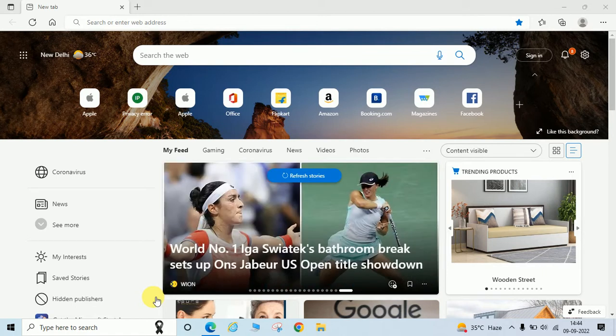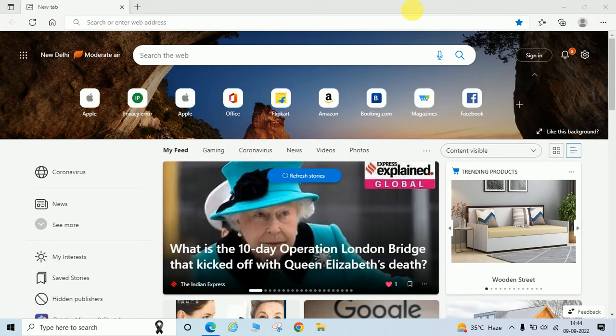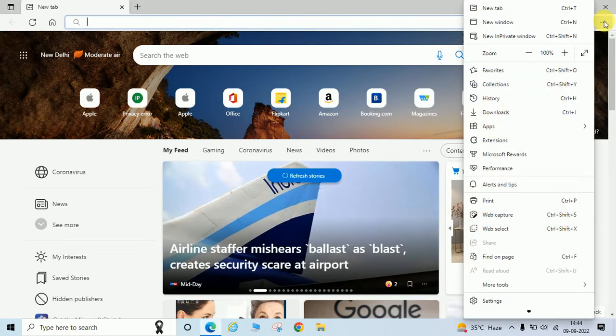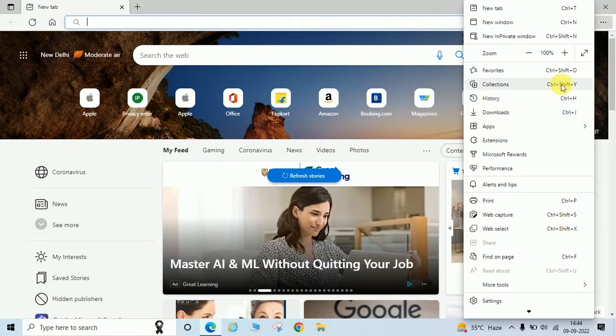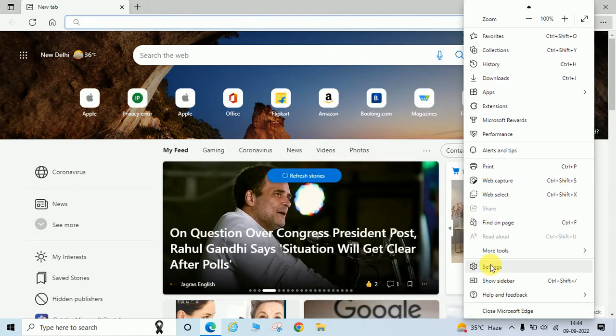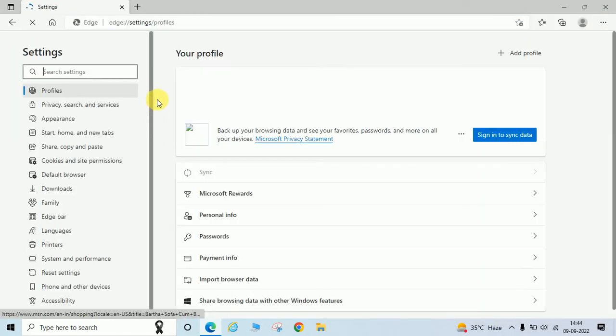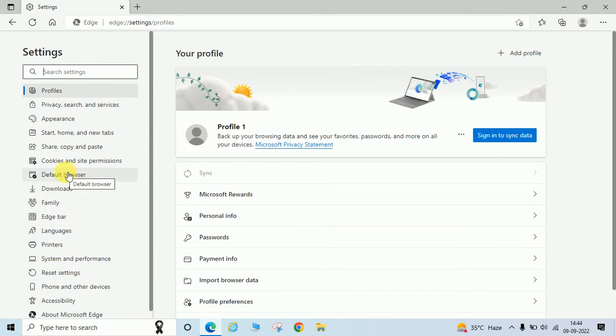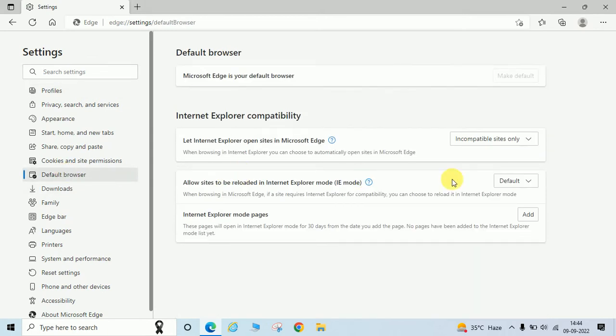So what you need to do, you need to open the Edge browser. I have already opened it here, and you need to click here on the three dots button, go to settings, and after that click on default browser. Here you can see "Allow sites to be reloaded in Internet Explorer mode", IE mode pages. Click here,